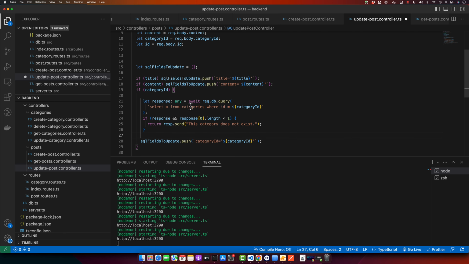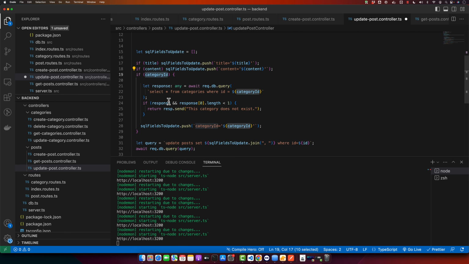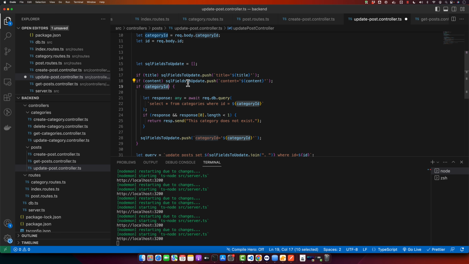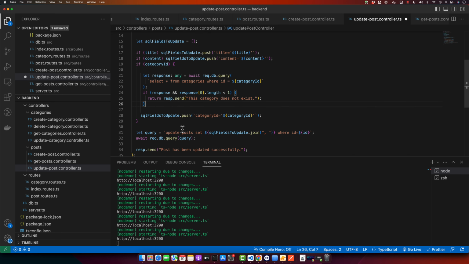So if category was provided, then I will check if that category exists or not. I will not check this category if category is not provided from the body. So now category was provided from the request.body. That means somebody wants to update category. So we will include it in the array. Also, we'll check if the category ID is correct. And then